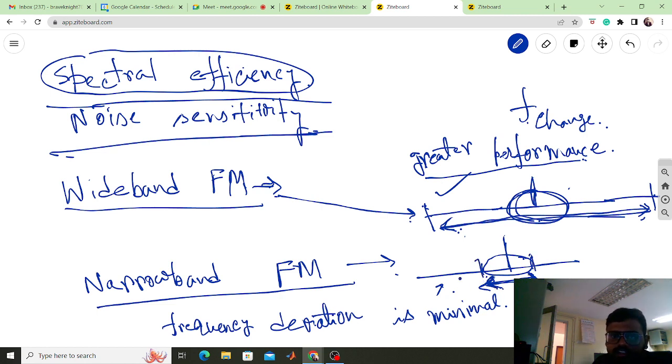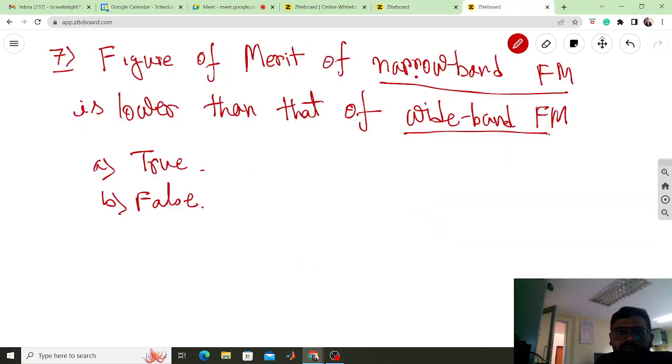So these are the facts that a wideband FM performs better than the narrowband FM. But only one concern is here: if the whole channel has a nonlinearity, in that case this narrowband FM may enjoy a little bit of advantage, but there is no such constraint stated like channel nonlinearity. So in this case, this wideband FM has a better figure of merit compared to the narrowband FM,